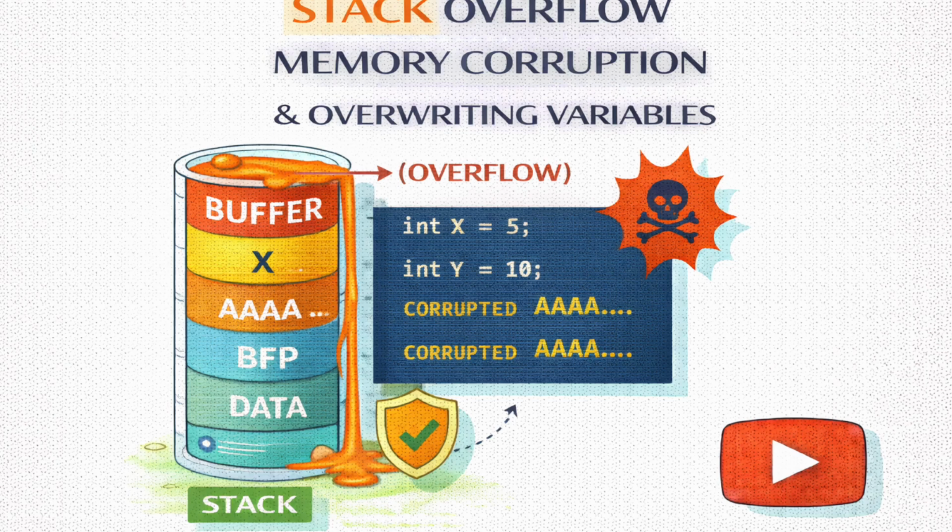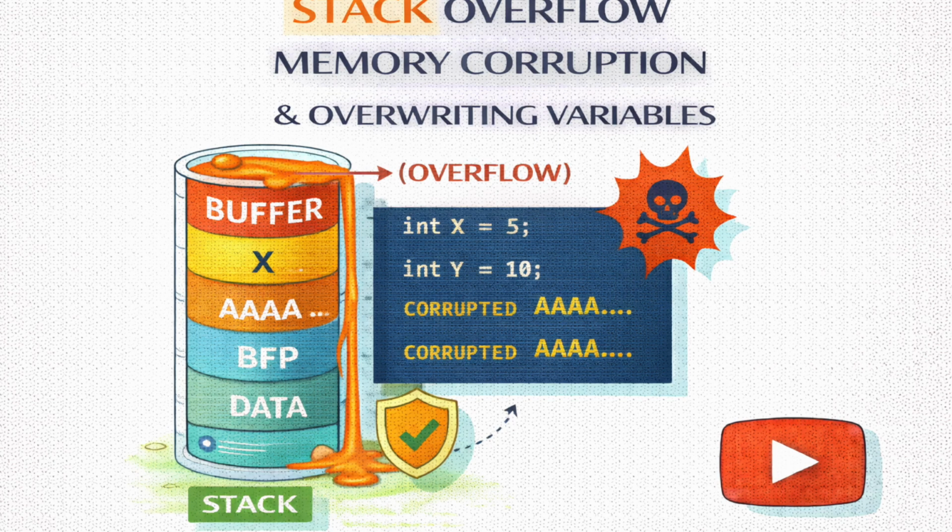Wrong. Because remember, you can keep writing. If you pour enough water into that bucket, you overflow the buffer, you miss the flag because you moved it, but you keep going up the stack. What's sitting above all the local variables? I don't know. What? The return address. The return address. Break that down for me.